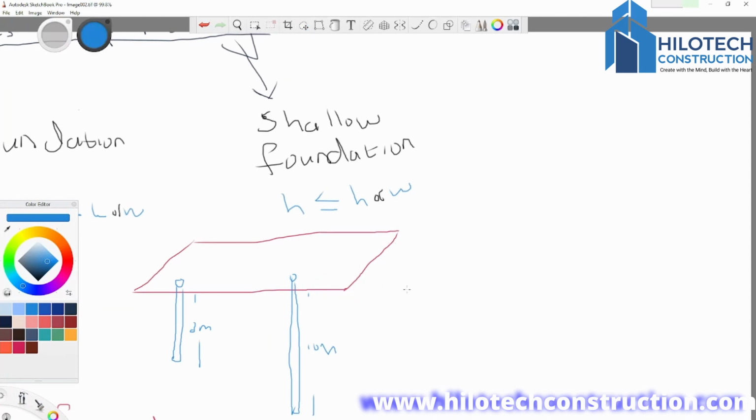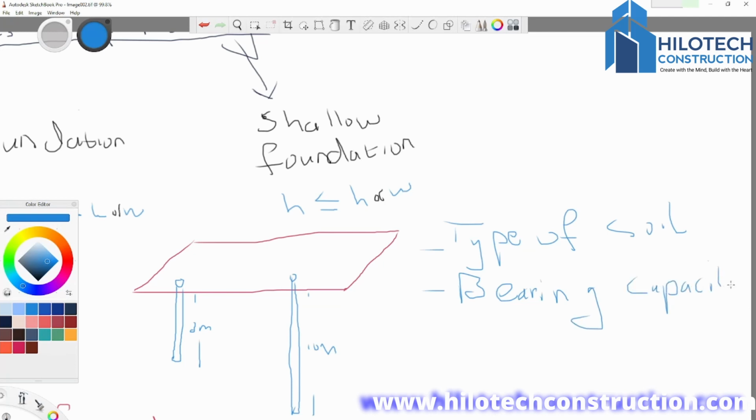Okay, so when they go to the lab, there are two things they are looking for. The first thing is to determine the type of soil that you have here. And the second thing is to determine the bearing capacity of the soil. The bearing capacity of the soil just means the strength of the soil. So after the geotechnician determines these two factors, the type of soil and the bearing capacity,